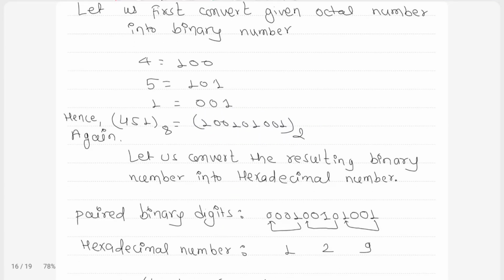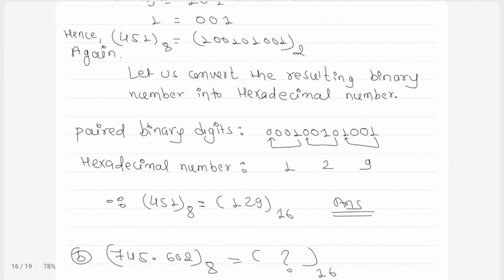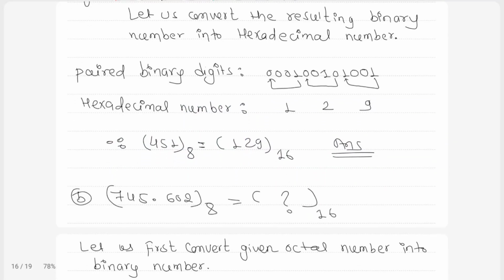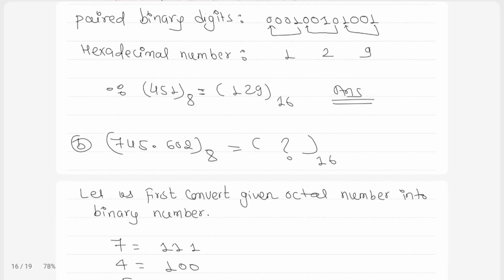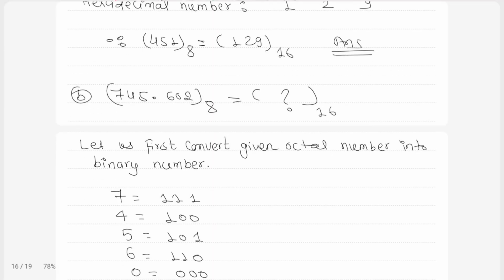We make it 4 digits. So then we get the hexadecimal number. When we convert into hexadecimal, we make it a 4-digit combination. So I get it like this. So this is our answer. When we convert octal to hexadecimal, first of all we convert to binary, then after we convert that binary into hexadecimal. When we have integer and fractional part, similar to the above example, first of all